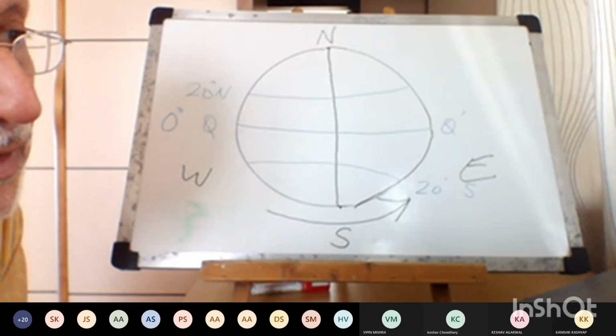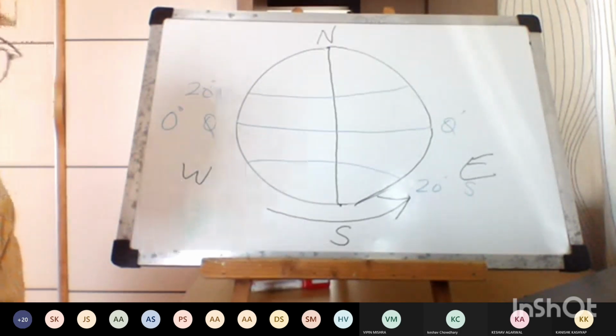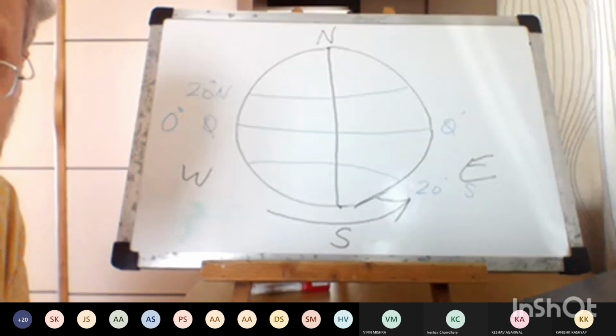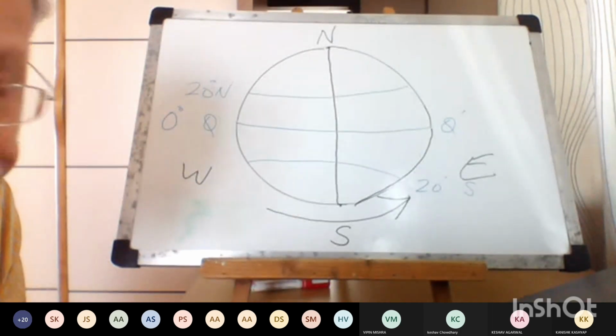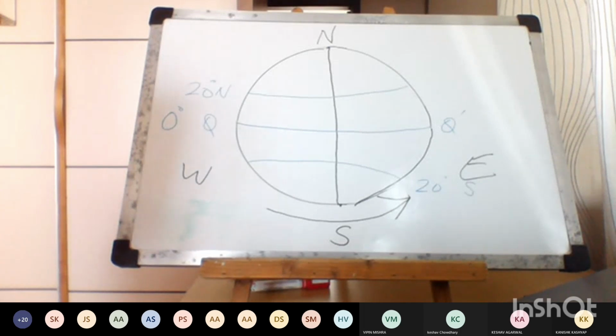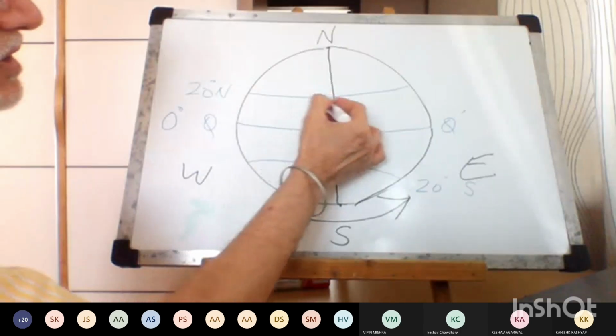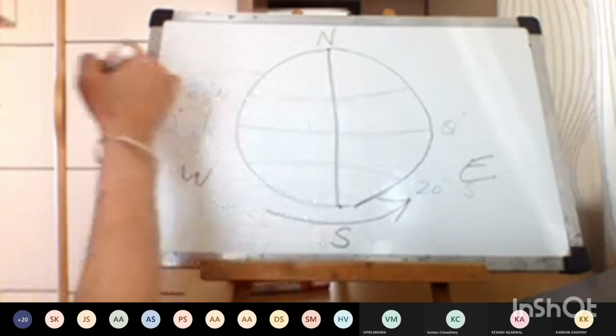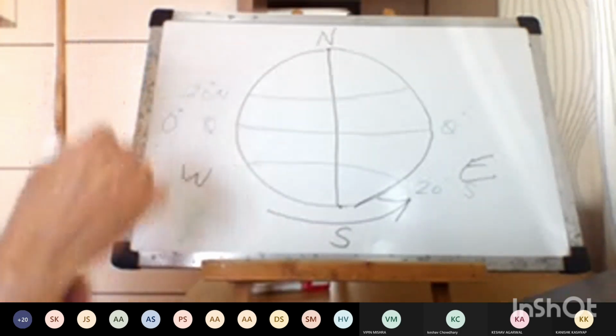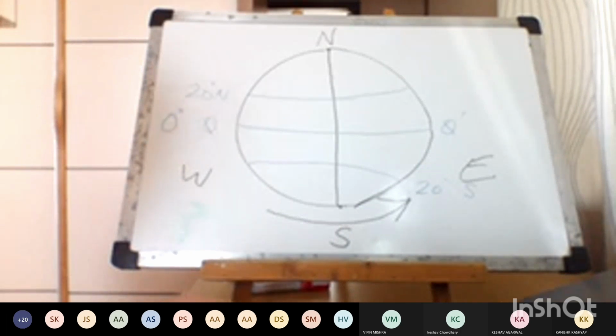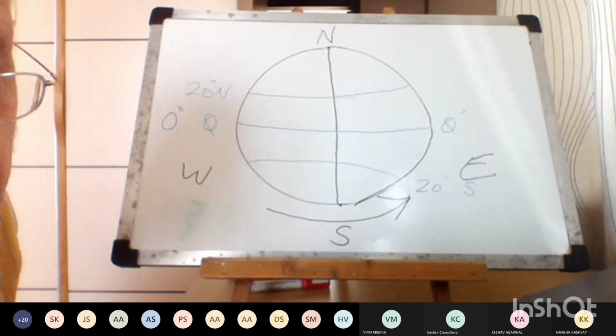Earlier, the concept of longitude was not there. So people used to do parallel sailing. Parallel sailing means they only used to sail either east or west. Sometimes they used to know the latitude of a place after sailing. So they would only go east or only go west because it was easy for them to find the position. How was it easy for them to find the position? Because